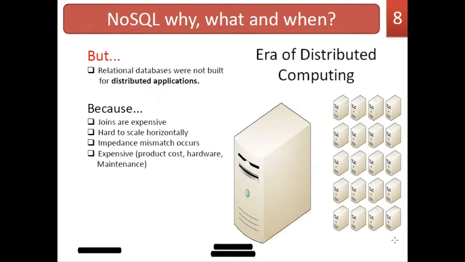So to support distributed databases, we are going towards the next level of database design. Why is it not supporting distributed applications? Because when you're dealing with a distributed database model, you need to perform joins. We already talked about joins. There are different types of join operations for working with your tables and databases. When you go for a distributed application, performing join operations is more expensive and hard to scale horizontally.